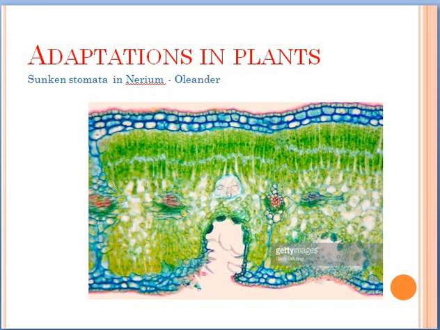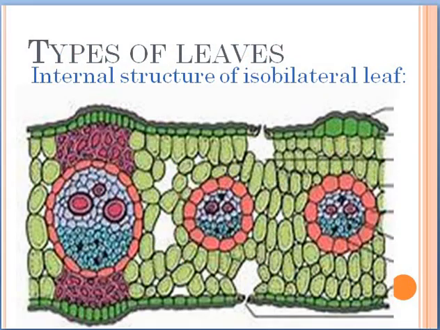So the first such adaptation is sunken stomata. Sunken stomata means generally stomata is found in the adjacent epidermis surface which is very close to the environment. In common, we have the epidermis that is directly exposing the stomata. This is a common dicot plant where you can see the stomata. This is stomata and this is also stomata, which is exposed directly to the outer environment. This is outer environment. Okay, so the stomata is very close to the outer environment.